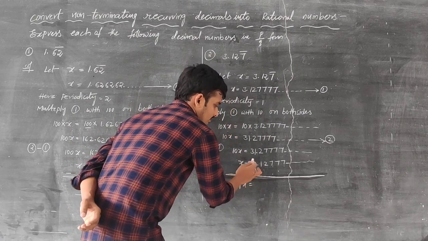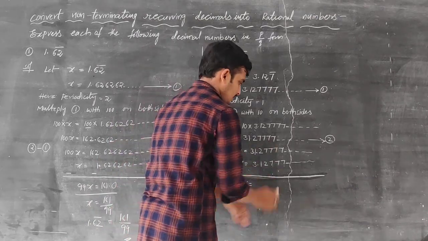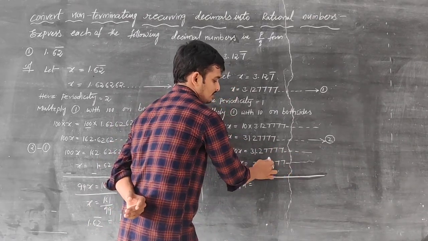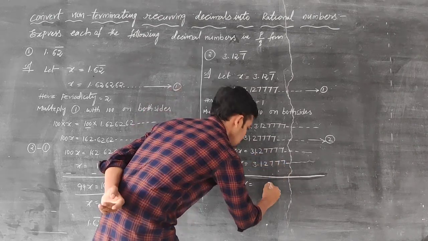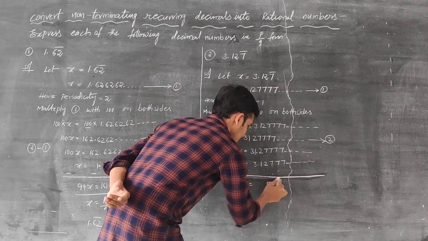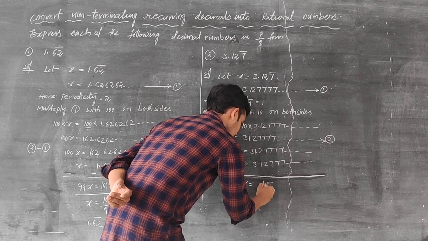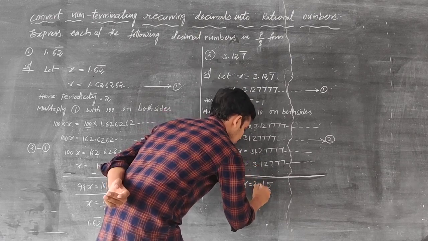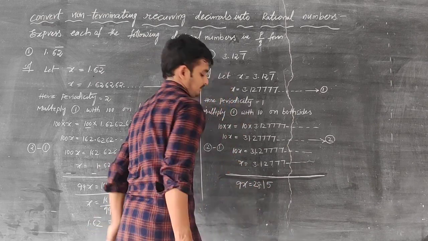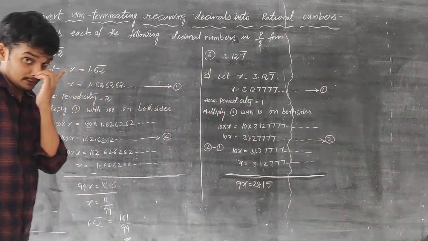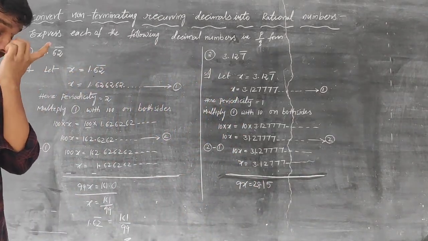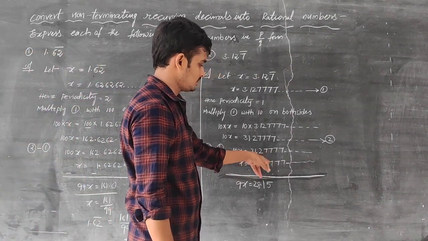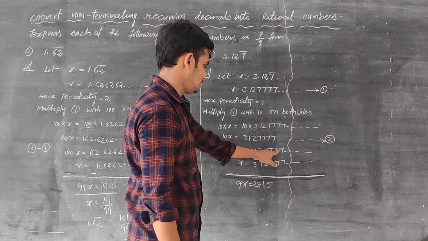9x is 31 minus. So now we can do from here: 7 minus 7 is 0, 7 minus 7 is 0, 7 minus 7 is 0, 7 minus 2 is 5. The same, 2 minus 1 is 1. Decimal point. 31 minus 3 is 28. Are you okay? Be careful, don't be negligent.